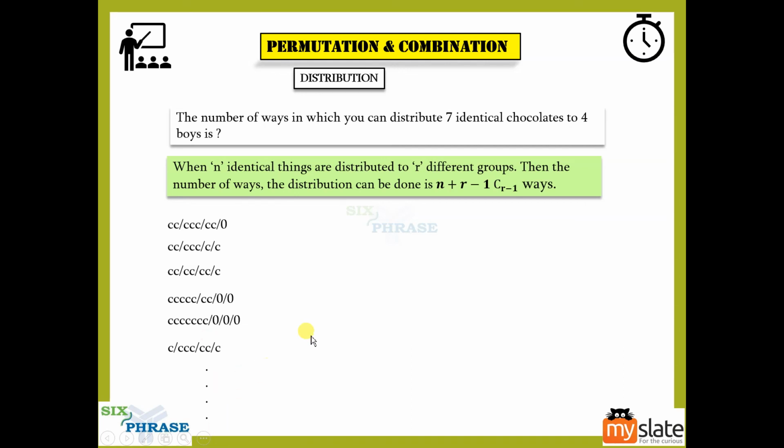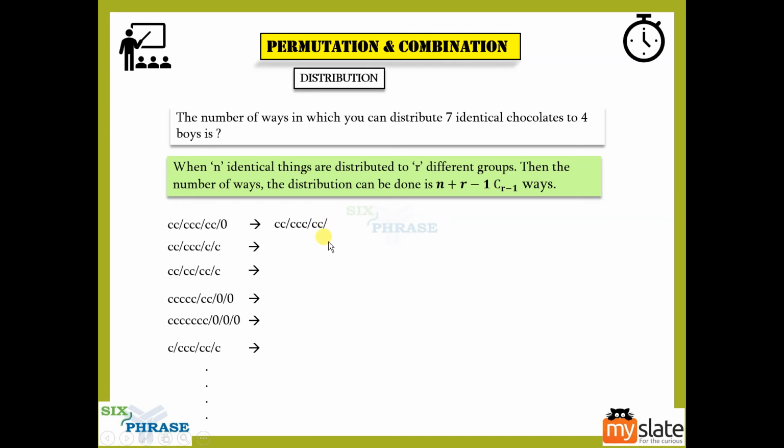Now, what we are trying to understand from here is, I just want to make sure we take out these zeros. The zeros serve no purpose, guys. So just take out these zeros, remove the zeros from everything. So if you take out the 0, you'll be left with this, right? With this, you are still able to understand first person gets 2, second person gets 3, third person gets 2, and in the fourth person's space there is nothing. So you assume the fourth person doesn't get anything.